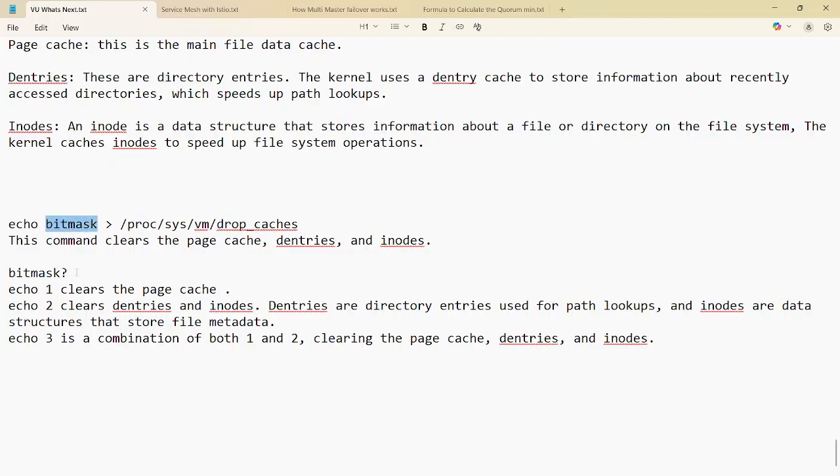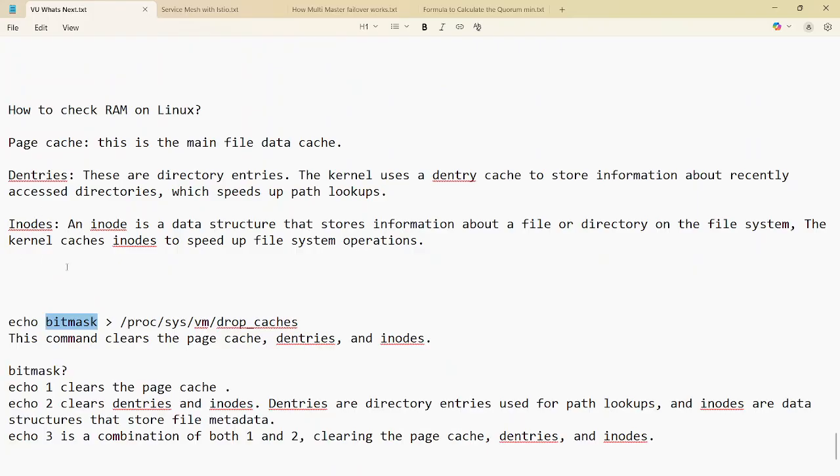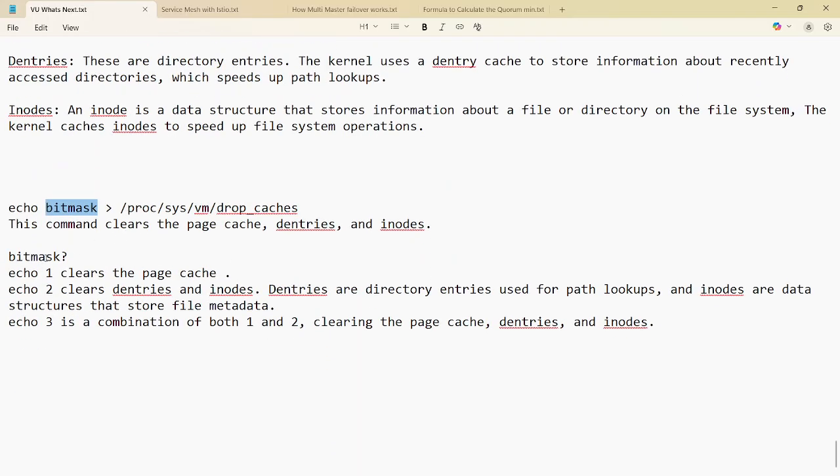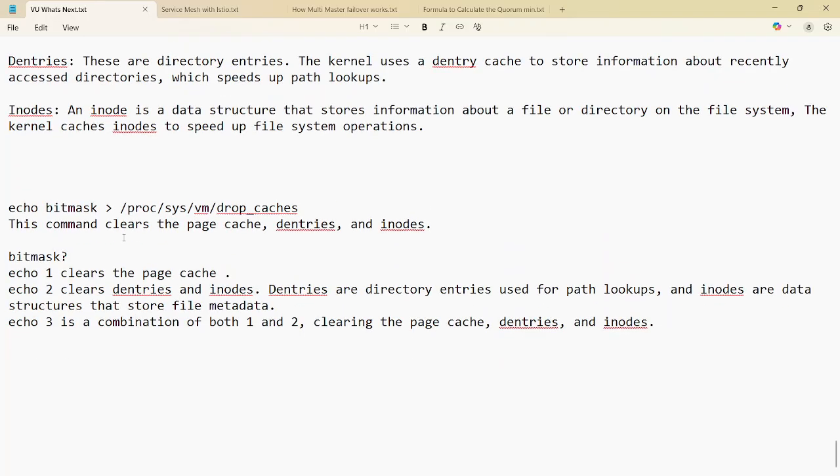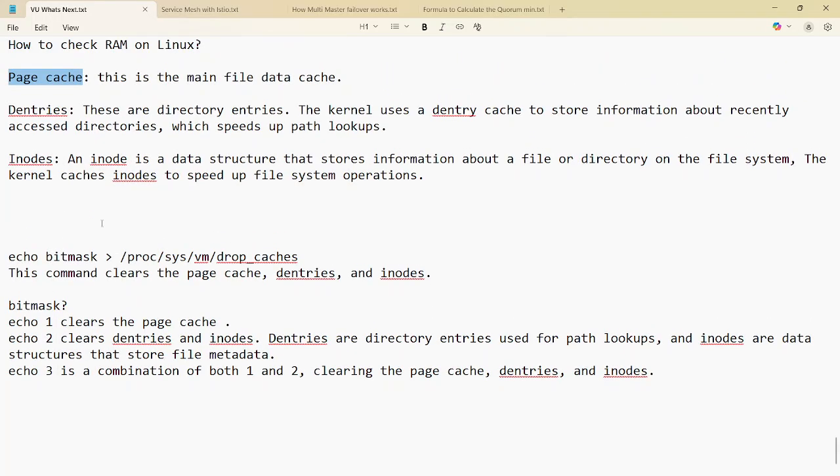Its value can be 1, 2, or 3, and each bitmask has its own effect on these three entries: page cache, dentries, and inodes. If we set the bitmask to 1, it will clear the page cache, the hard drive data cached in RAM. If we echo 2 to this file, it will clear the dentries and inodes. And if we do 3, it will clear all three. So let's do an echo 3